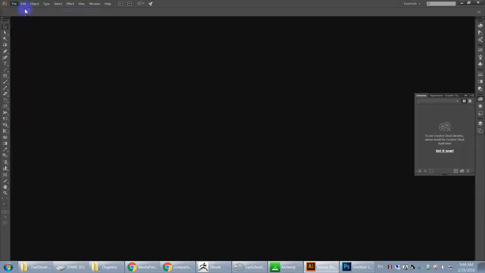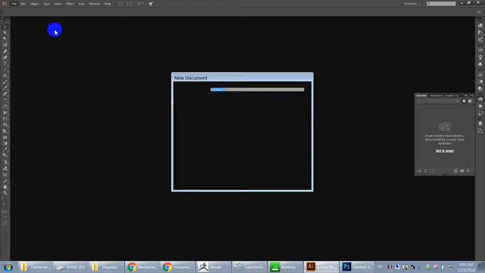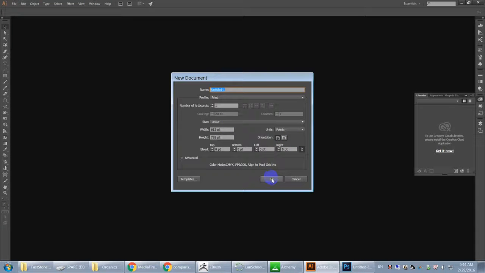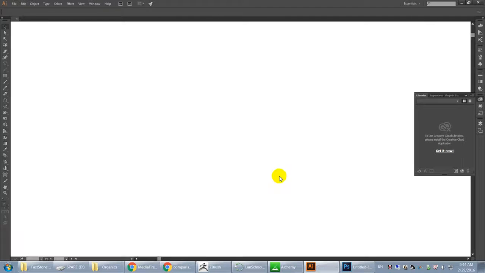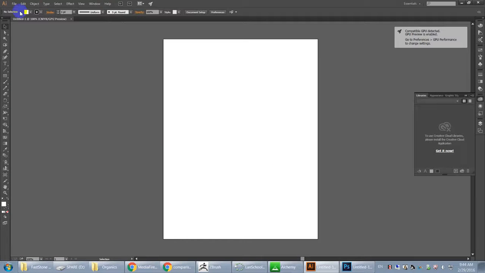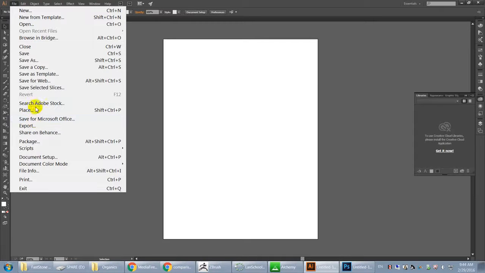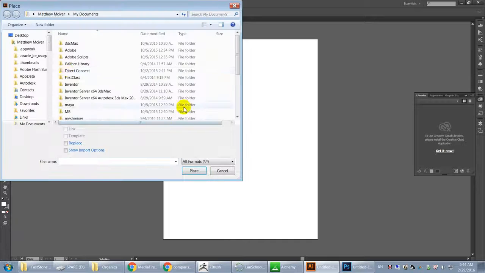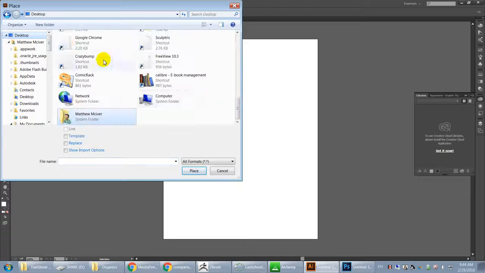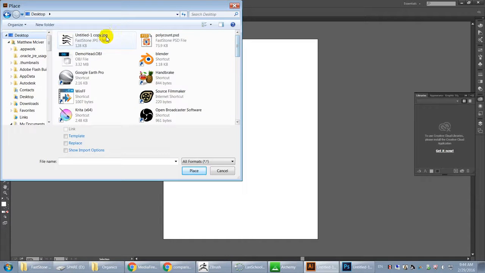So I'm going to create a new document in Illustrator. I think the standard letter size should be okay. Let me just, there we go. I'll go to File, Place. This is kind of weird. It should be Import, but they say Place. So anyways, I'm going to place my image